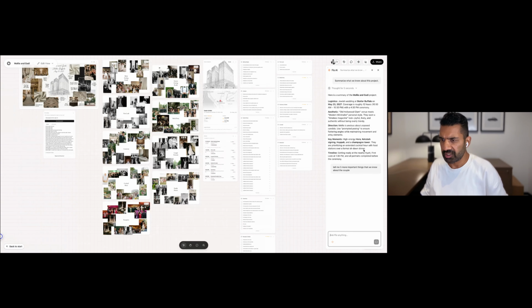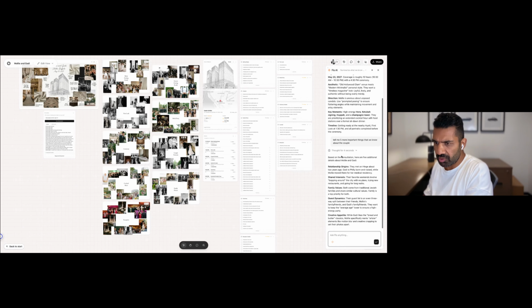So based on the consultation, here are 5 additional notes. Relationship origin: they met on Hinge about 2 years ago. Gaddy's from Philly. Molly's from Buffalo. Shared interest: their favorite weekends involve bopping around the city with no plans, hanging out at cool restaurants,